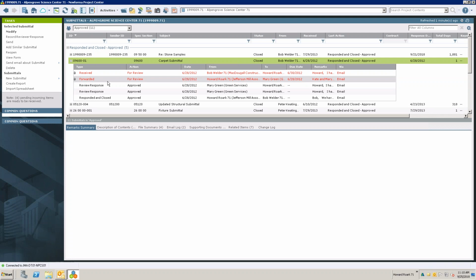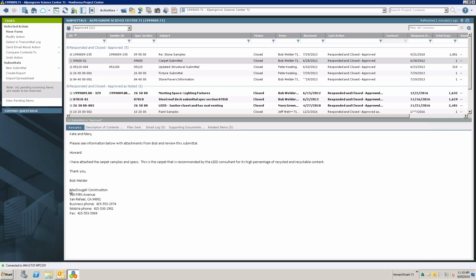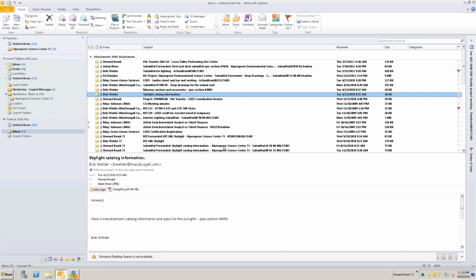And if I click on any one particular step in the workflow up here, all the tabs are related to just that one step of the workflow. So the remarks, the files, etc. Okay, so how do they get here? If we're in Outlook and let's say that we have an incoming email and it has an attachment, and let's say that it's a submittal,